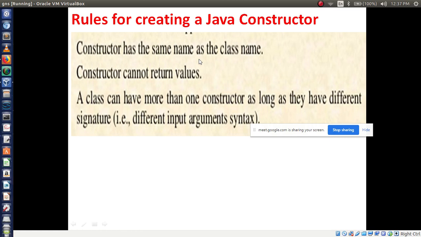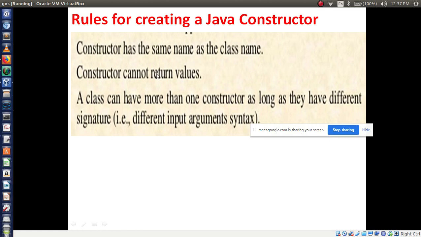Now, constructor is nothing but the class name. The class name should be your constructor name. Am I clear on this doubt? If the class name is AITM, then what is the constructor name? AITM. Okay, very good.